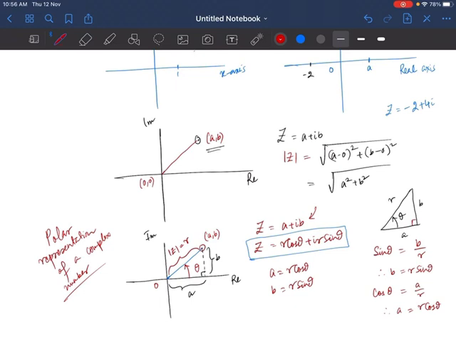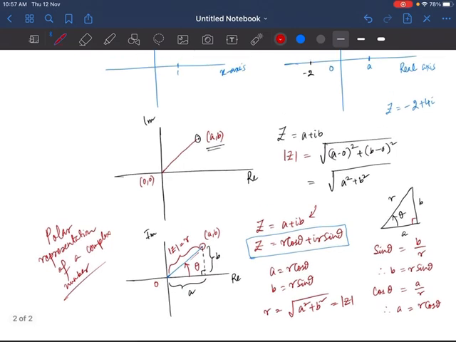So we already know how to find r. r is nothing but the modulus, right? r is root over of a square plus b square, because it is the length of the point, the distance of the point from the origin. So it is just the modulus of z. And how do we find that angle? We will discuss that by doing some problems.